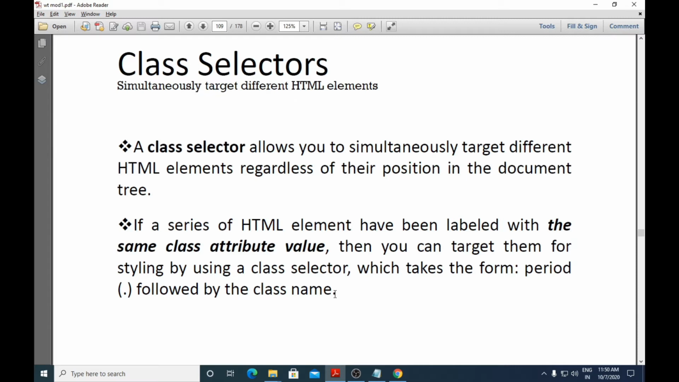The next selector we have is the class selector. The class selector simultaneously targets different HTML elements. A class selector allows you to simultaneously target different HTML elements regardless of their position in the document tree. If a series of HTML elements have been labeled with the same class attribute value, then you can target them for styling by using a class selector, which takes the form of a period symbol, dot, followed by the